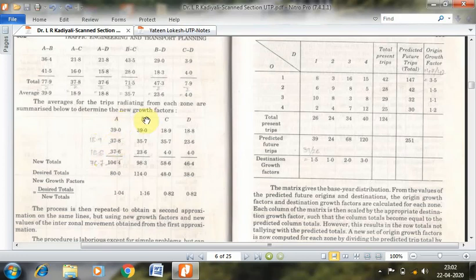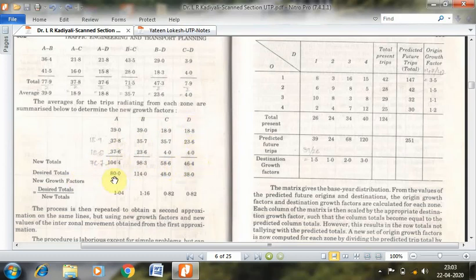So like this you will start entering all the average trips for each of these zones B, C and D, and then the new totals would be the summation of all these elements. So sum of 39.9 plus 18.9 and 18.8 is 76.7. So there are some mistakes in this textbook. So I have made the corresponding corrections, and the corrected scanned copies are already been shared with you guys. Okay. So the total number of trips for B is again 98.3. For C is 58.6. For D is 46.4.